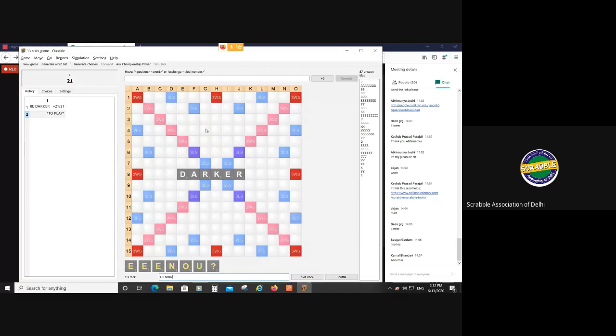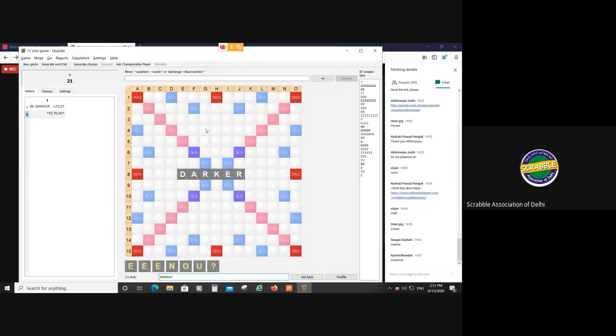So you can give a book or a chapter to the children and say, okay, you're going to have a Scrabble game from this particular chapter. So they will make sure that they read it line by line. And when they turn up the next day, you can always have a pre-built board on the Quackle, and you can have the game with you. So that's another example I'm showing.